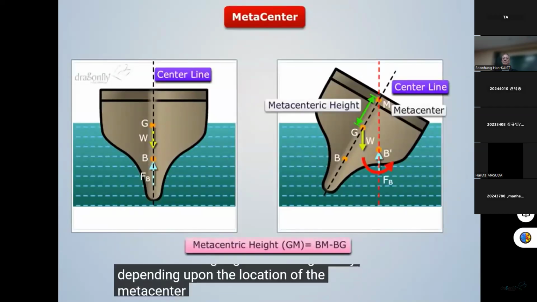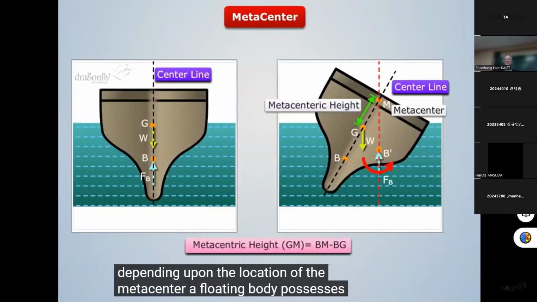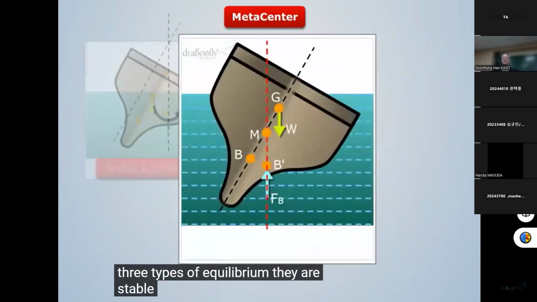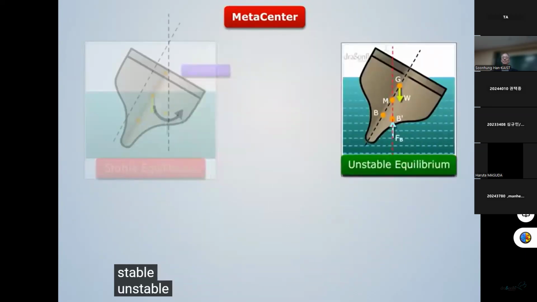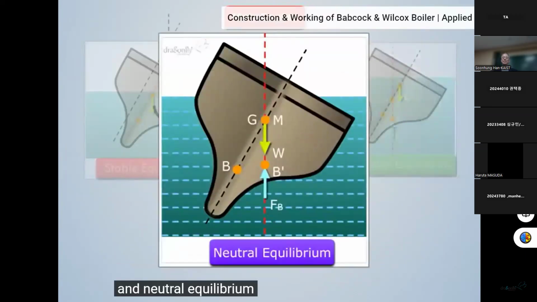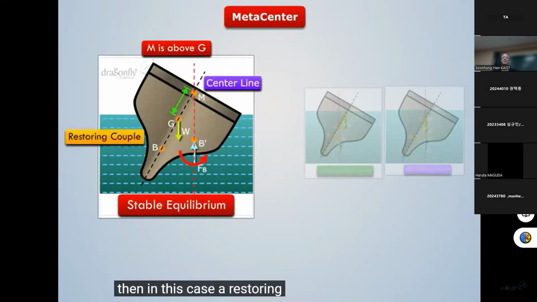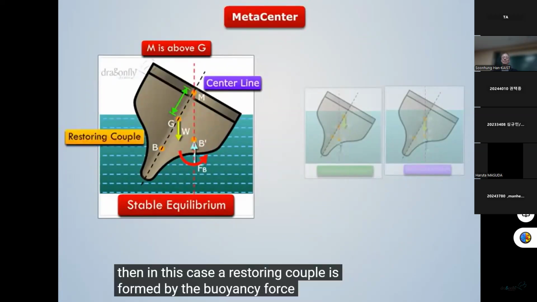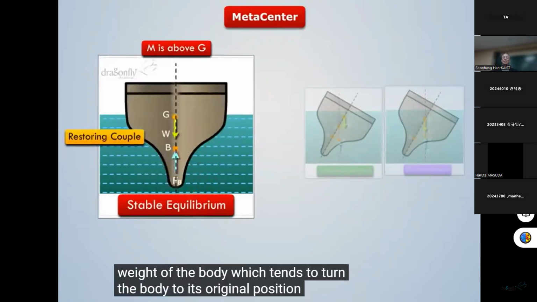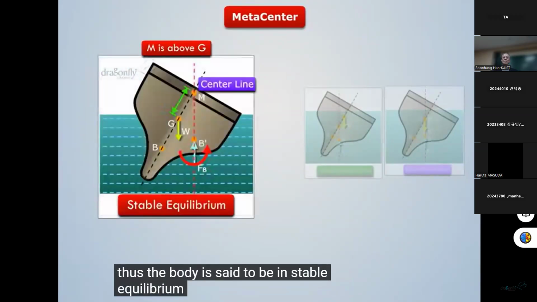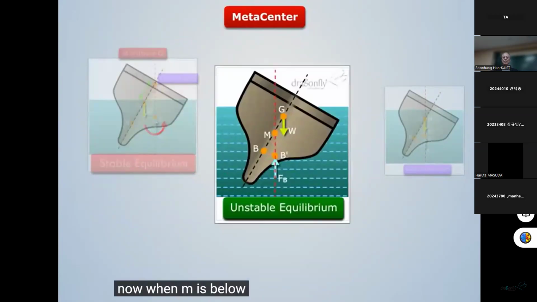Depending upon the location of the metacenter, a floating body possesses three types of equilibrium. They are stable, unstable, and neutral equilibrium. When M is above G, then in this case, a restoring couple is formed by the buoyancy force and the weight of the body, which tends to turn the body to its original position. Thus, the body is said to be in stable equilibrium. Now, when M is below G,